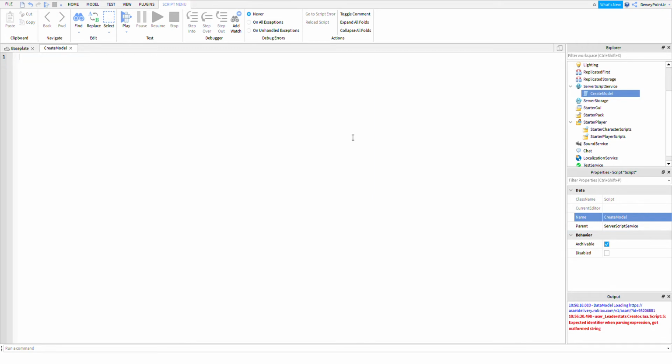And we can say in this script, local toolbar equals plugin create toolbar, and then in speech marks let's say create model, and now we can say local button equals toolbar create button, and let's say add,